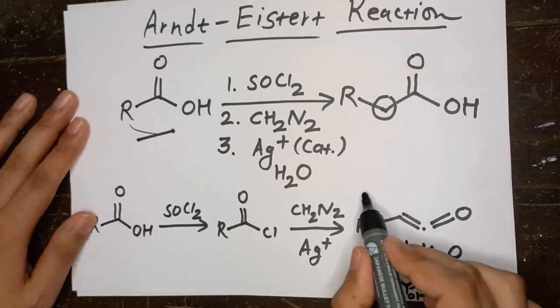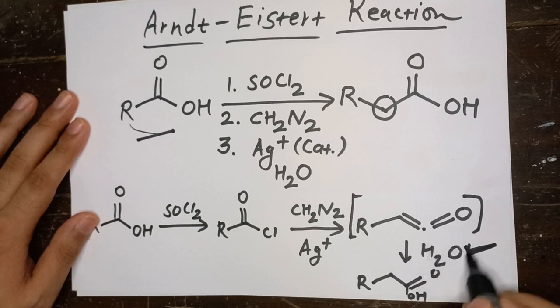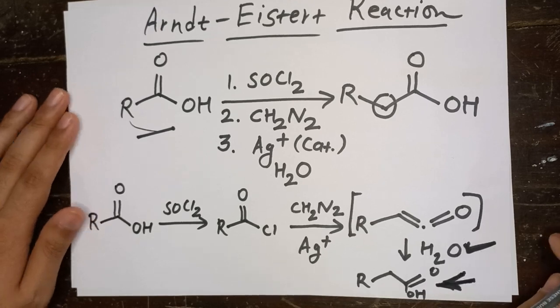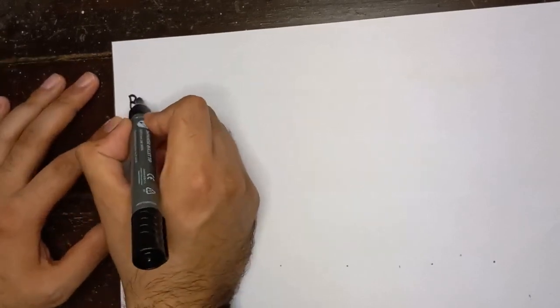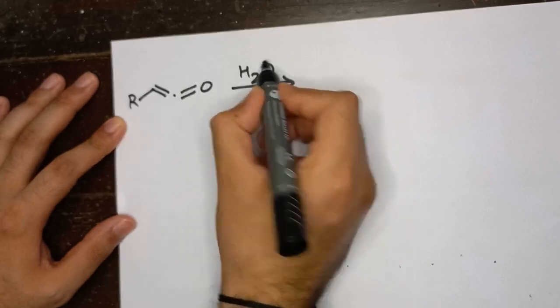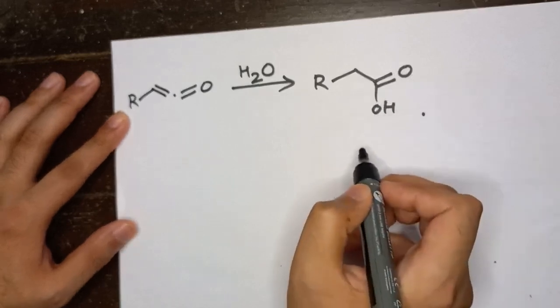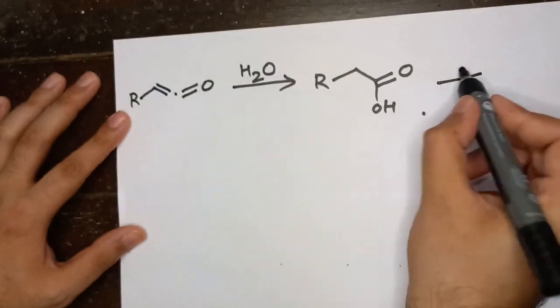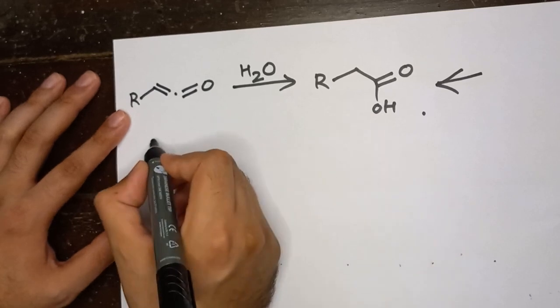So once we have ketene, by varying this solvent, just because I took water, I formed acid. So by varying this solvent, we can vary the product formed. So let me explain in detail what I mean. When we have ketene and we added water, we got carboxylic acid. Now by changing this water, we can change this product, and I have already shown you the mechanism for this step. Now the short trick is,